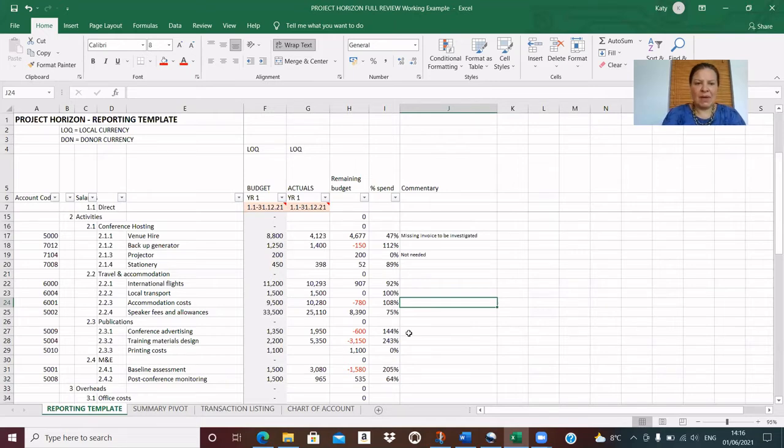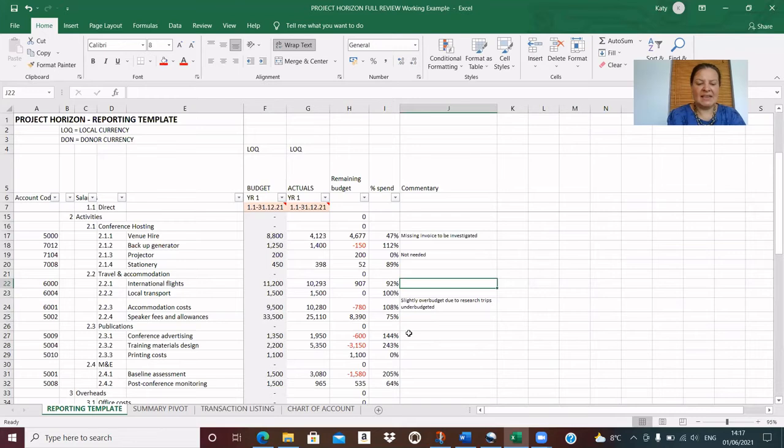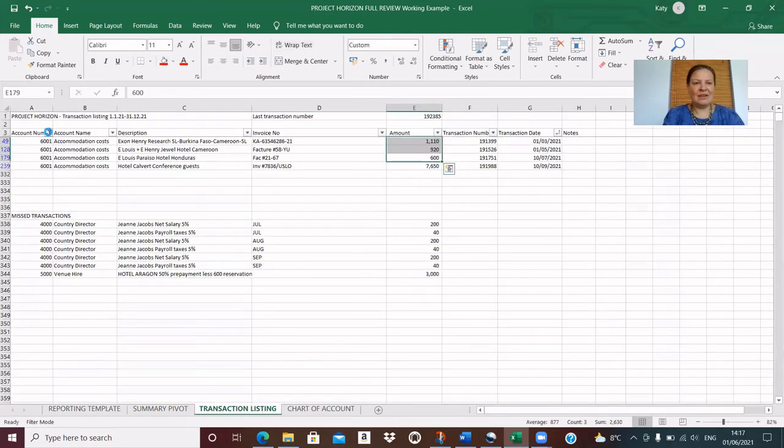So I'm just going to make my notes here while I remember. So accommodation costs slightly over budget. Over budget due to research trips, probably under budgeted. And now I've got my local transport, which was fine. My international flights, there is a reversal to investigate. My speakers' fees and allowances are going to be investigated now. So let's look at 5002, 5002,